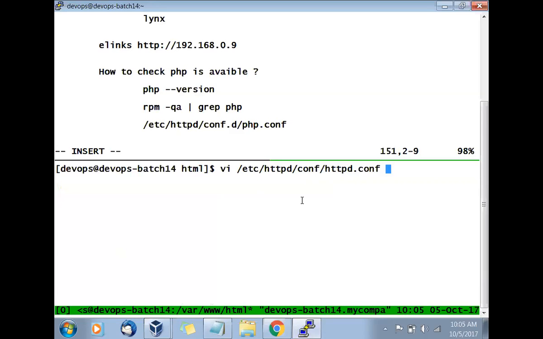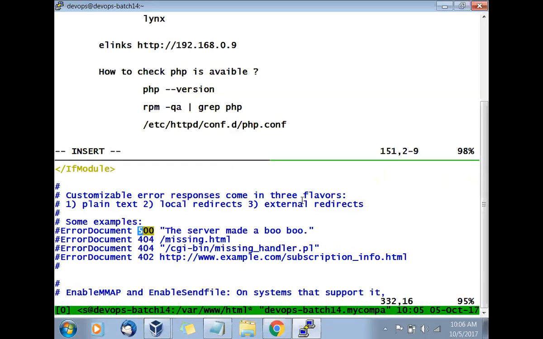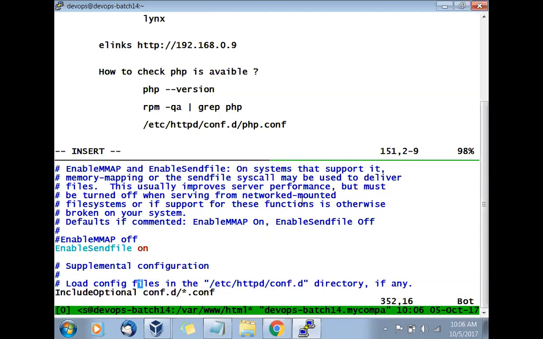Ready, steady, go. Now which error do we need to search? Search for 500. So how to search in the vi editor? /500. That is the first and second. You see that? What is it saying? The server made a mistake, or something missing, page 404, 402. So basically you can define the message also, not only the error. There are predefined numbers there.